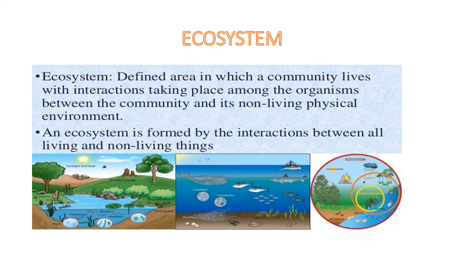Let's talk about the ecosystem as polar area. Polar areas are having a certain physical environment and the corresponding living organisms such as polar bear and coniferous trees. So you must have understood by now what an ecosystem is. It is formed by the interactions between all the living and non-living things. You can also get a clear picture from the pictures given on the slide,